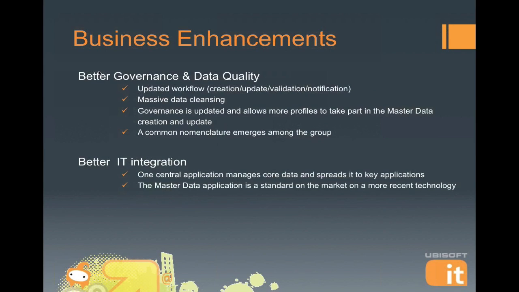And then some of the ways that we enhance the business is we define better governance and data quality. So the workflows gave us a chance to do instant QA. It gave us the ability to cleanse the 25,000 plus products and the 1,800 plus contracts.